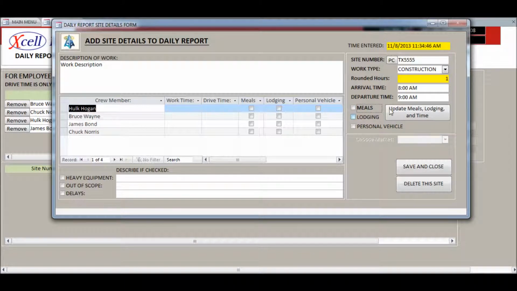Also over here are shown the meals, lodging, and personal vehicle options. These need to be selected in order for you to be able to choose these for your employees on that site. The button shown here, Update Meals, Lodging, and Time, is a shortcut button. What it will do is apply all of the information that you have for the site to everybody on that